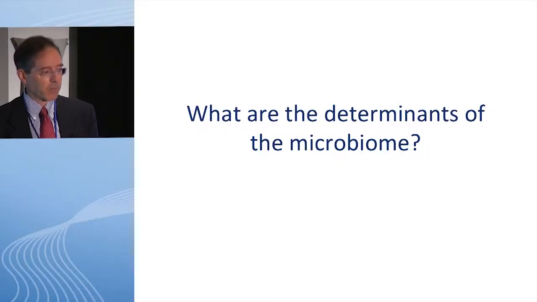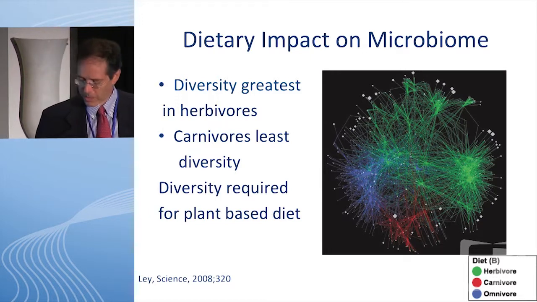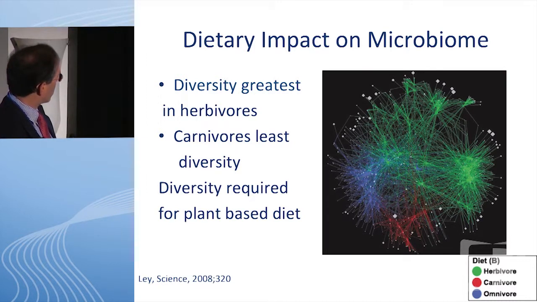So what are the determinants of the microbiome? I just want to talk about this briefly because there's still a critical dietary impact. When we look at some of these factors, this was looking at a whole set of species, which is very interesting. This is in terms of different diversity here. We're hanging out around here as omnivores. Herbivores have a much broader diversity because they're taking in lots of different types of compounds, and so they need to break those down and need to have different types of bacteria that can break them down. We have a much more restricted diversity in our diet, and people with Crohn's have a microbiome diversity that's even further restricted. So diet clearly has an impact.